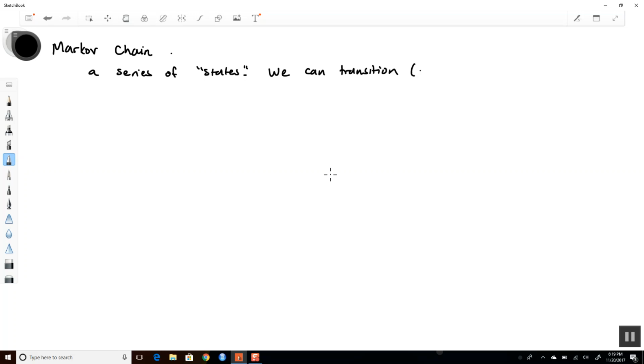Transition, or in other words, change, from one state into another. And the Markov property